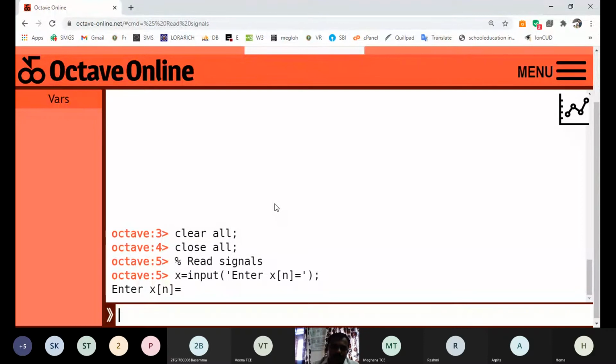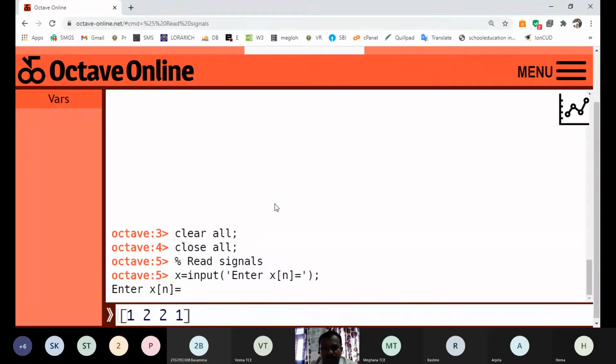So let me enter the values. A matrix, vector or array is entered with an open square bracket, then 1 2 with space. Instead of using comma, we need to use space here, so that it will be considered as a single dimension array.